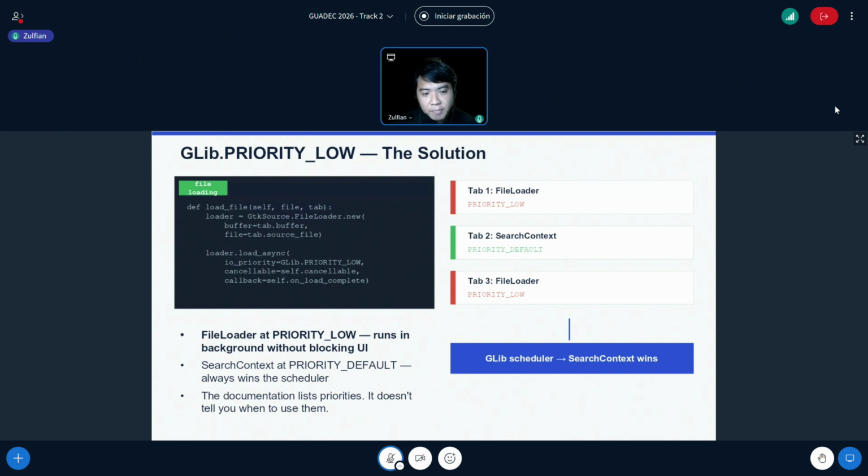And for Jollpi, I set the file loader to run at GLib priority low. This means the GLib scheduler always gives search operations, which run at priority default, higher priority than file loading. The result, even when multiple large